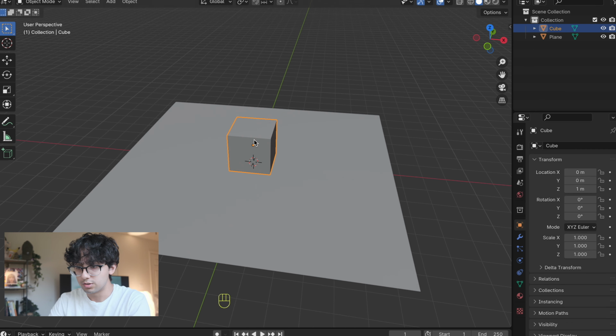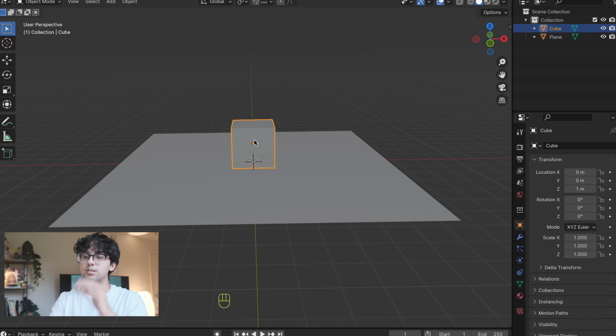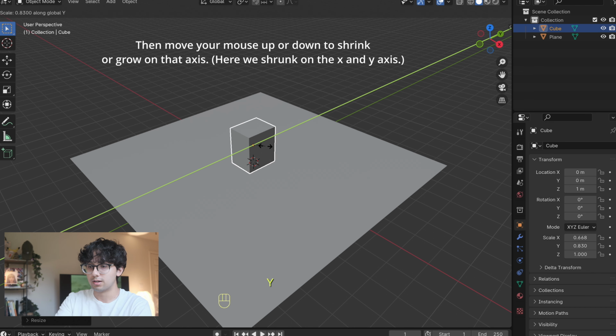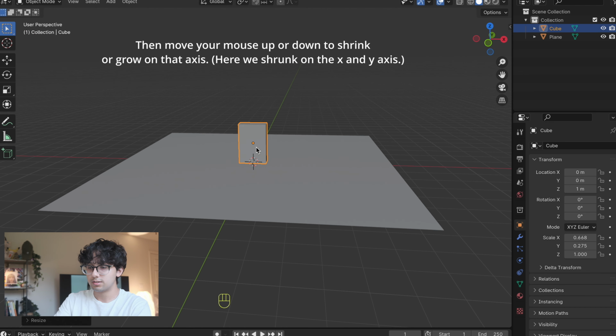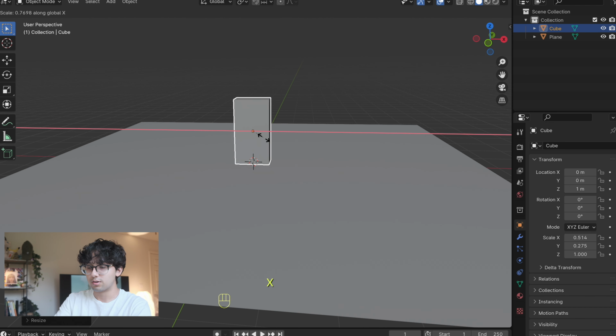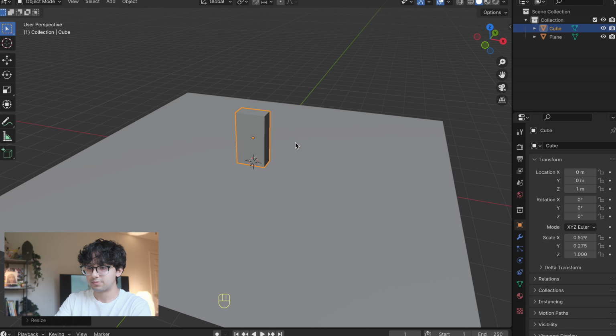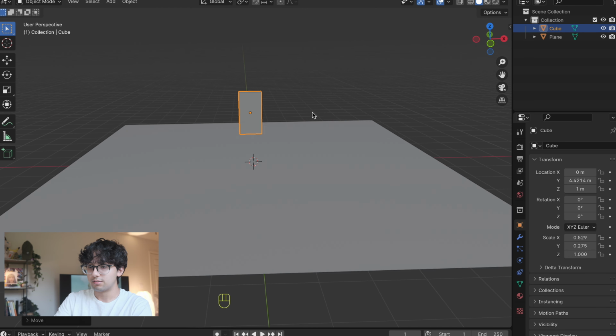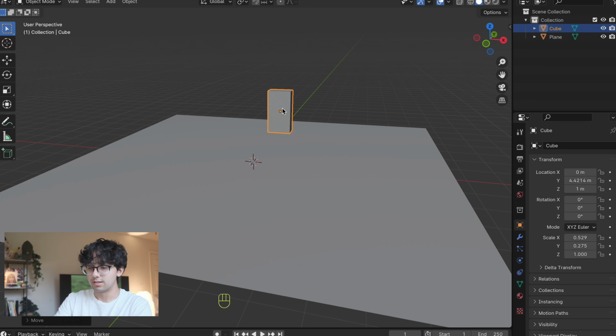The reason I like to put in a cube when I make any sort of scene is to get a scale going. So this cube is about 6 feet by 6 feet, so it's a good reference for a human-sized person. All right, now that we have a scale reference and a floor,